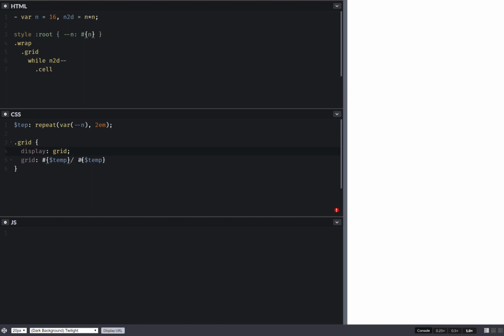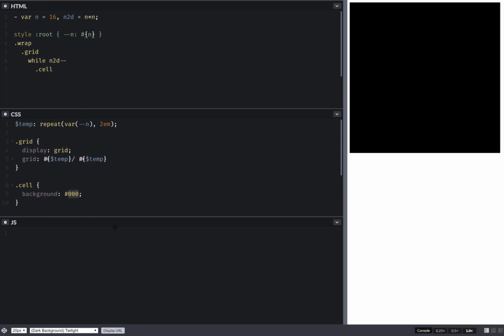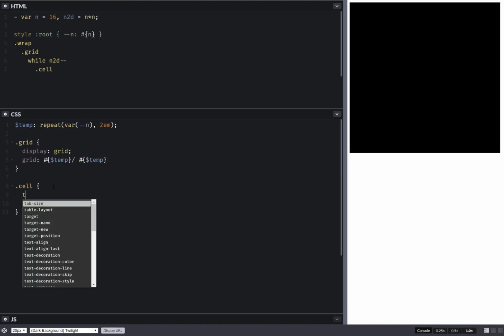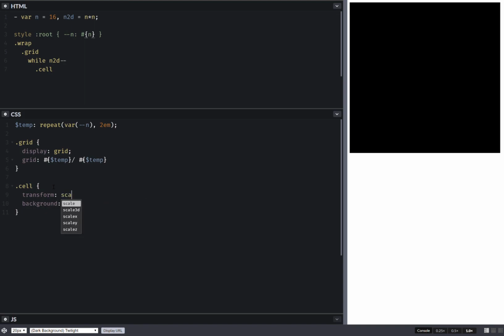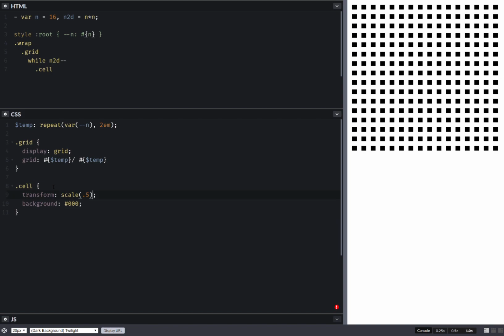Okay, so now that we've done this, template. Now we set a background on our cells just so that we can see the grid, but now we can't distinguish one from another. So let's set a transform scale, let's say something like 0.5 so we can see them. Okay, so having done this, we move on